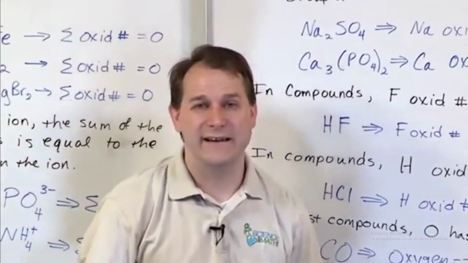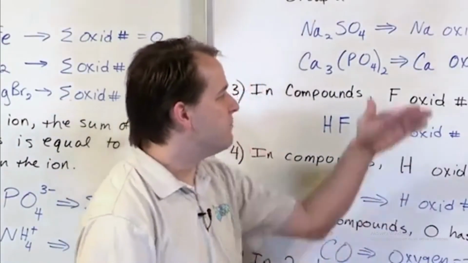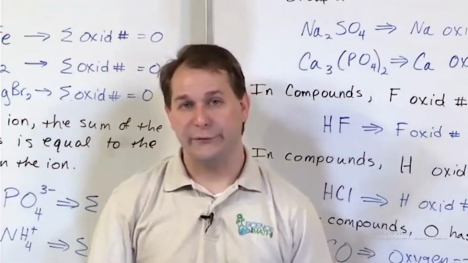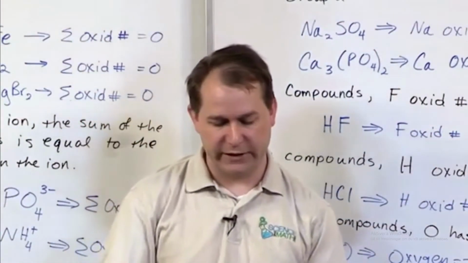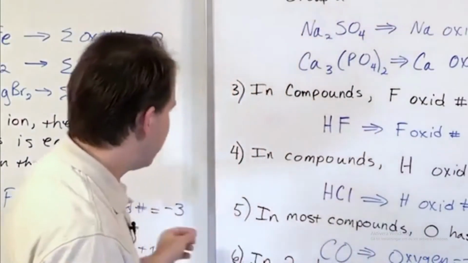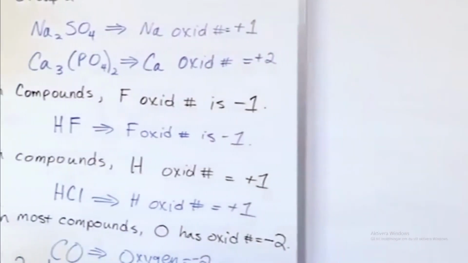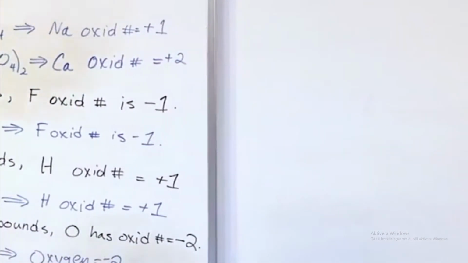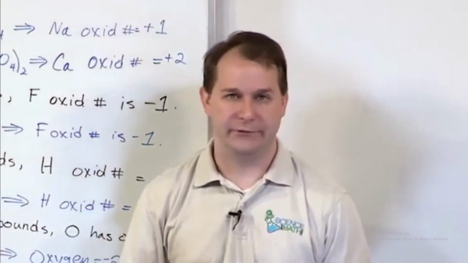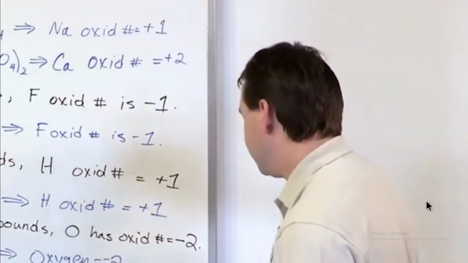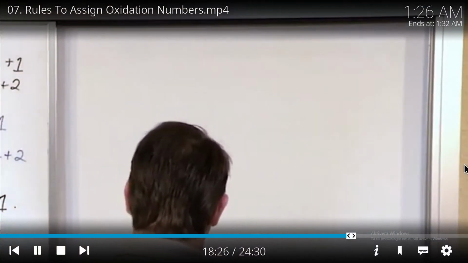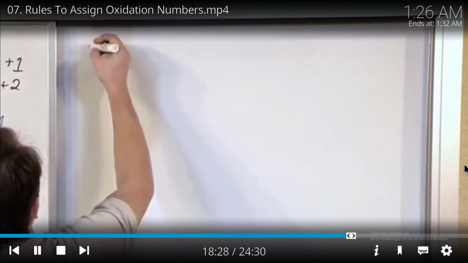But what I'm trying to say is that as you do problems, you'll figure out that you might not get all the way to the end of this list. You might complete the problem up here in rule number 3 or 4 and have all the oxidation numbers for everything you need. So there's no point in talking about it anymore. We need to do some problems. But before we do that, I need to give you a couple of exceptions. Okay? With all rules of all kinds, there's always exceptions. All right? So let me give you a couple of exceptions because you're probably going to run into them and then you're going to scream and say, well, why didn't it follow these rules? Okay? So this is an exception